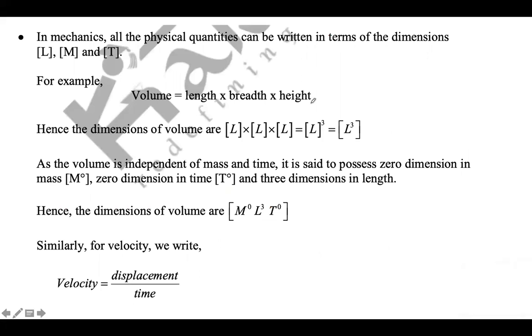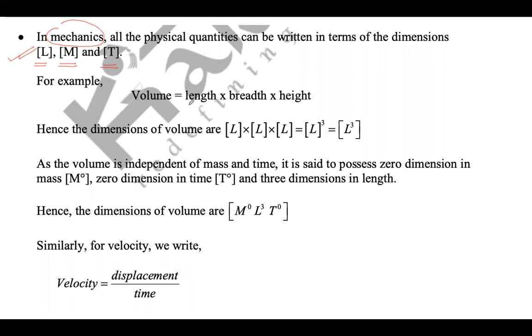In mechanics, all the physical quantities can be written in terms of the dimensions length, mass, and time. तो मैकेनिक्स में ना लेंथ को L से रिप्रेजेंट करते हैं, मास को कैपिटल M से, और टाइम को कैपिटल T से. तो सारे जो फिजिकल क्वांटिटीज हैं वो लेंथ, मास और टाइम के रेस्पेक्ट में ही होगा. तो मैकेनिक्स मतलब कि सारा जो अभी हम लोग 11th क्लास वाला रोटेशन तक करेंगे, और रोटेशन के बाद भी, इनफैक्ट जो मैकेनिकल प्रॉपर्टीज ऑफ मैटर और ये सारी चीजें, उन सब जगह भी हम लोग यही लेंथ, मास और टाइम का ही डायमेंशन यूज करते हैं.